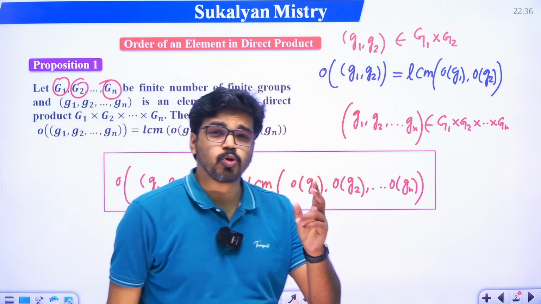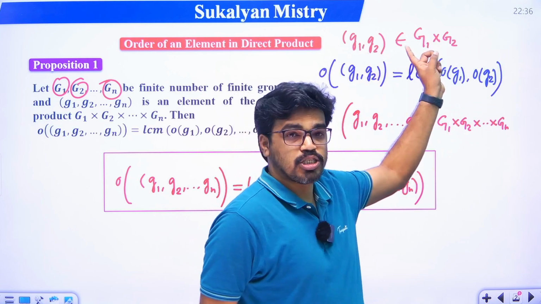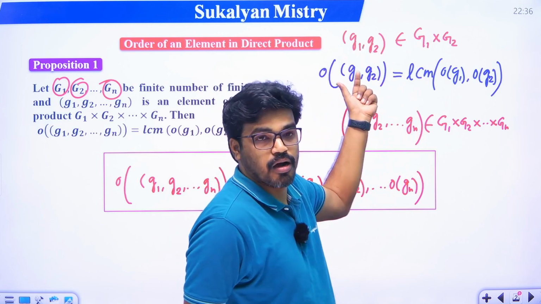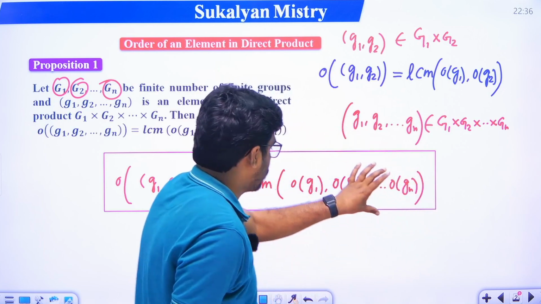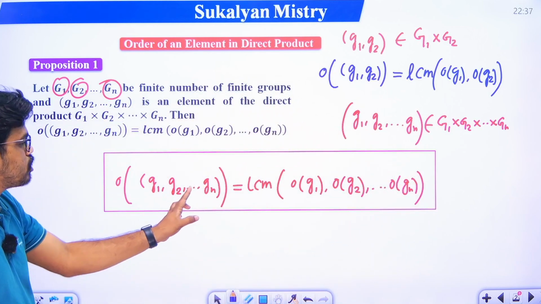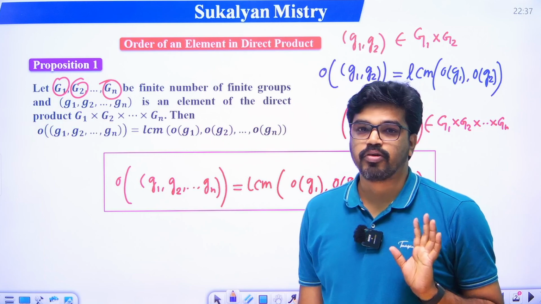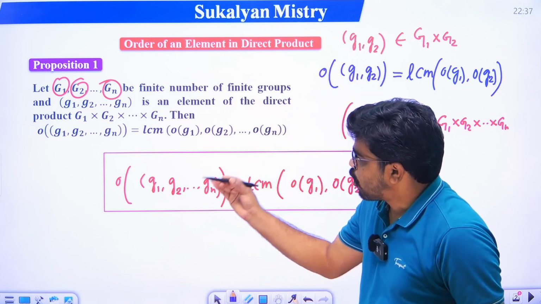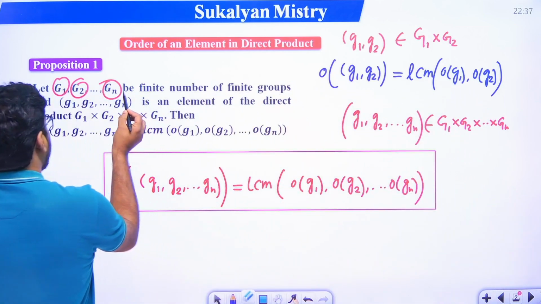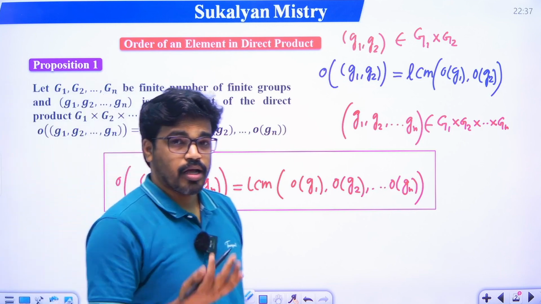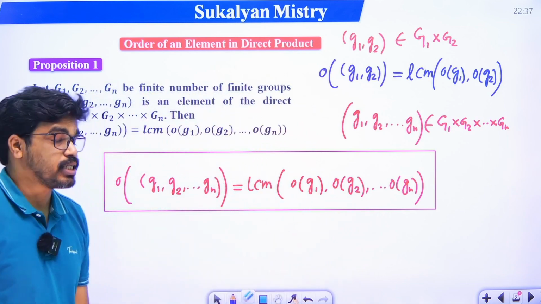So if we consider two groups G1, G2, the direct product will be G1 cross G2. So (g1, g2) belongs to G1 cross G2. So the order of this element (g1, g2) will be the LCM of order of g1, order of g2. Okay, so note this formula: order of (g1, g2, ..., gn) equals the LCM of order of g1, order of g2, ..., order of gn. Okay, we will solve problems with this formula. Now before going to solve problems, I will discuss two results, and based on these results I will solve the problems, okay. So first,